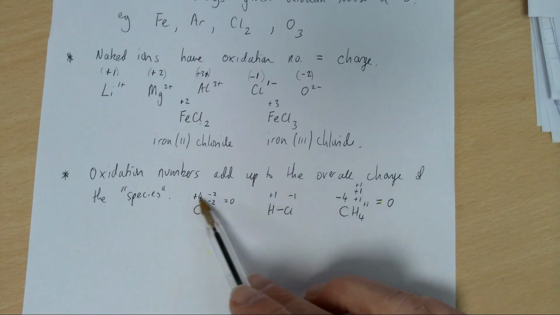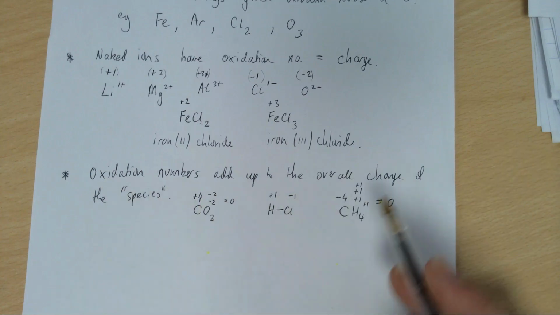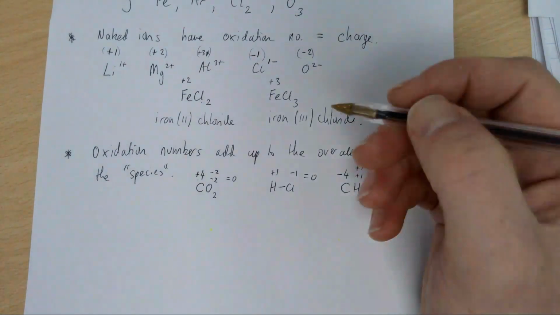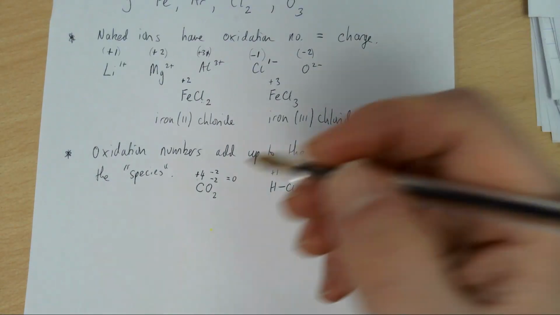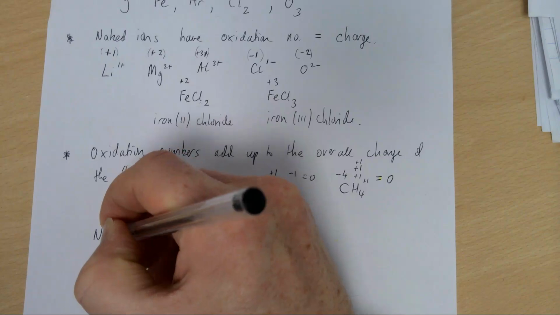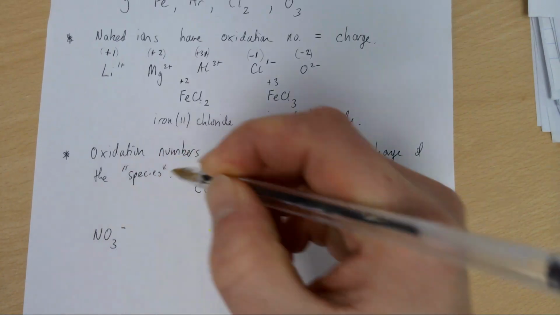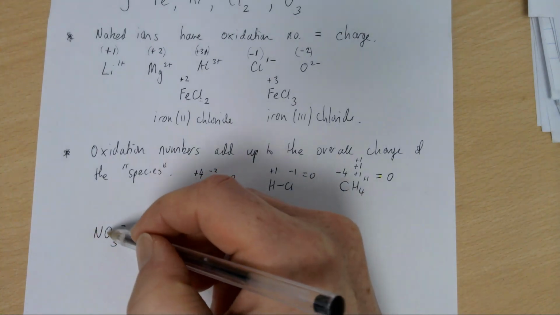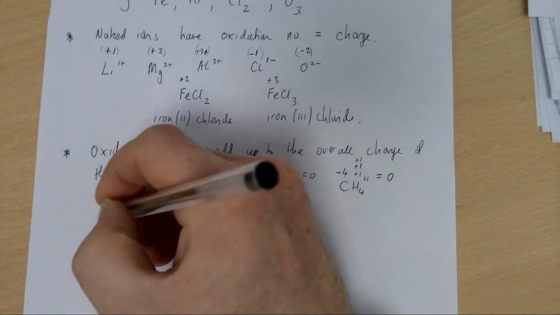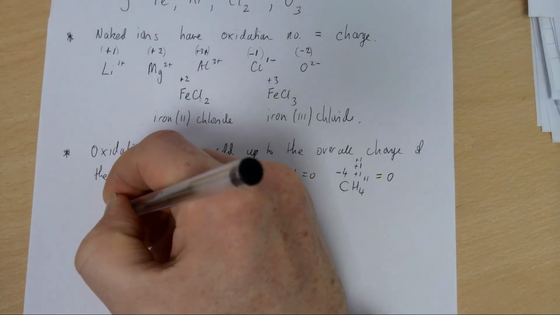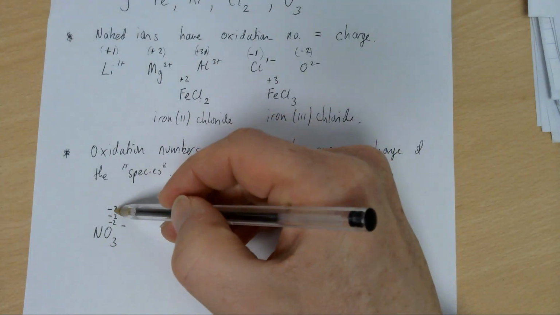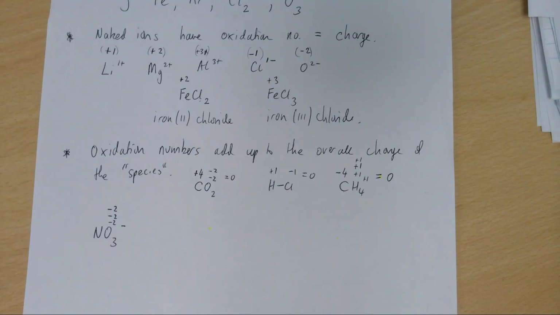But the point I'm showing you now is that the numbers add up to 0 in these cases, or in the case of ions, like the nitrate ion, for example. Nitrate ion, I'm hoping you remember, is a 1-. So the oxidation numbers of the 3 oxygens and 1 nitrogen must add up to 1-. And we'll learn soon enough that the oxygen's nearly always